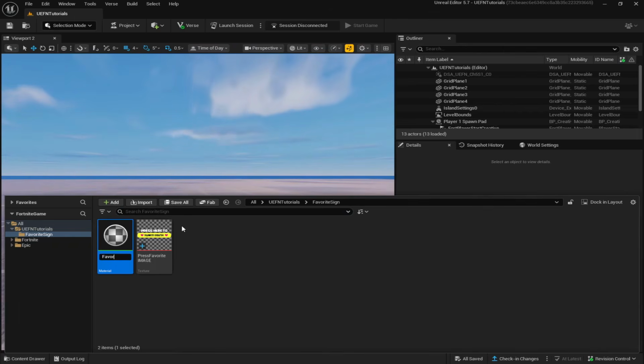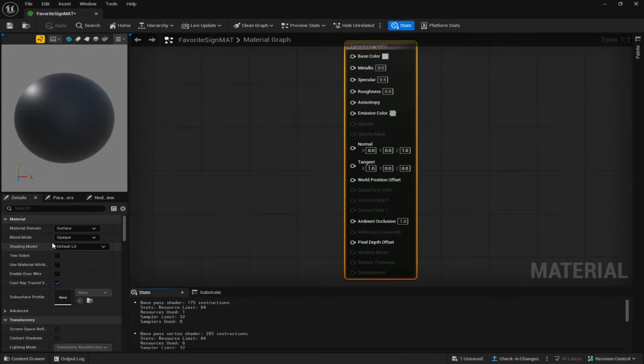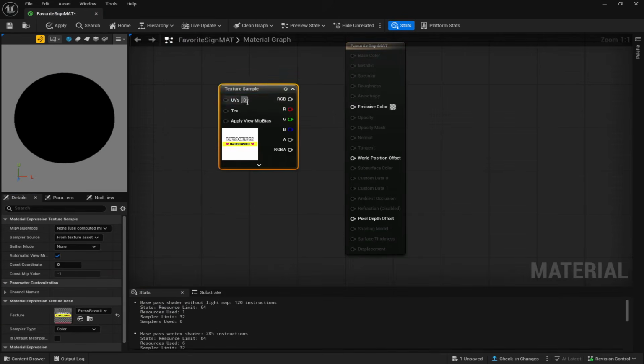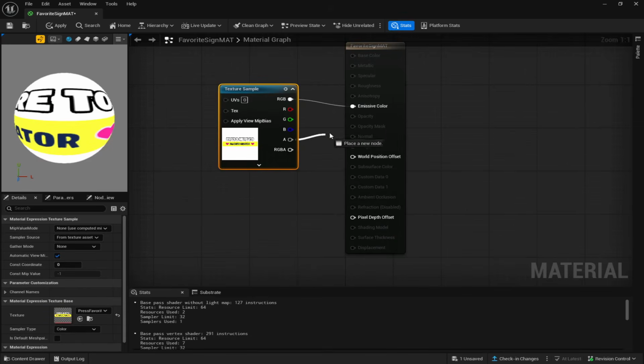So after you have done that, you want to click add material. We're just going to call it favorite sign matte. Then go into it. On the left side here, you want to go to shading model, click unlit. Once you have done that, drag in your texture, connect the RGB to emissive color, and then the A into